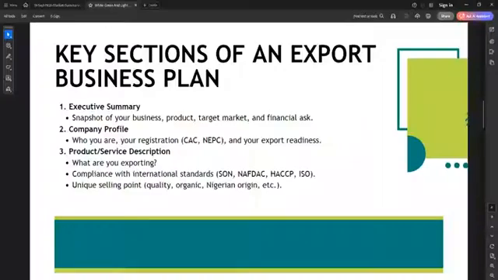Really important. So number two is company profile, where you just talk about your company, your registration, all the licenses and regulations that you are compliant with, that help you export, that help you have a competitive advantage in the international market, and your export readiness. So if you've taken an export readiness test of the Lagos School of Exports Management, you can just insert your report in your company profile. You can do that. Just go to